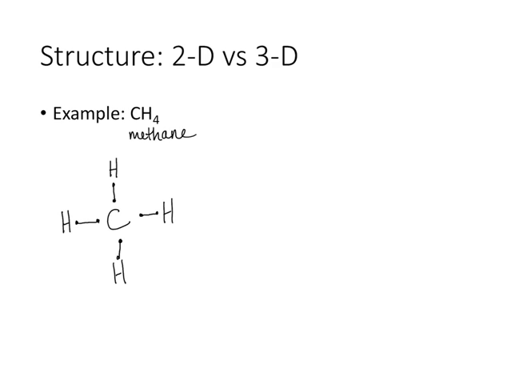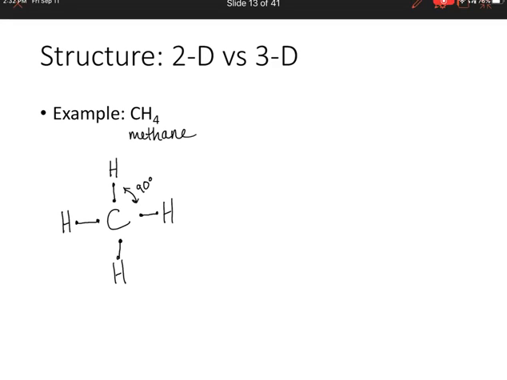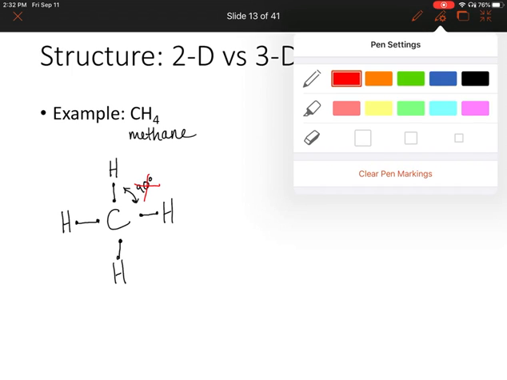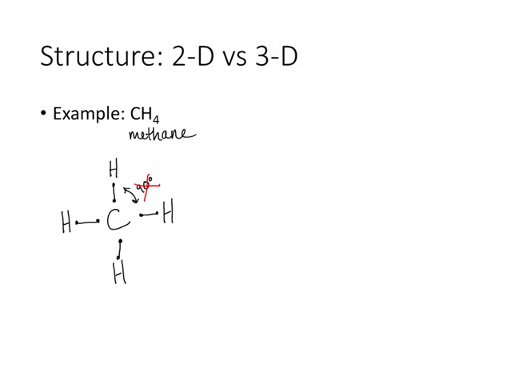All right, so this is the two-dimensional drawing of methane. However, this does not accurately reflect the true structure of methane. So in this drawing, we're showing that there's a 90-degree angle between bonds. But in reality, that is not true. In reality,